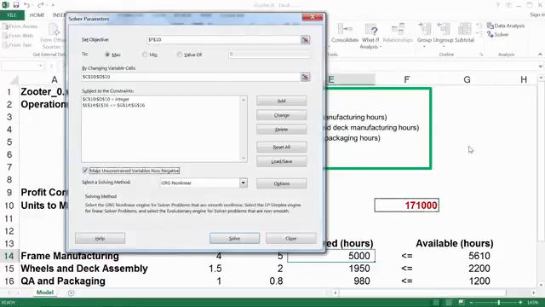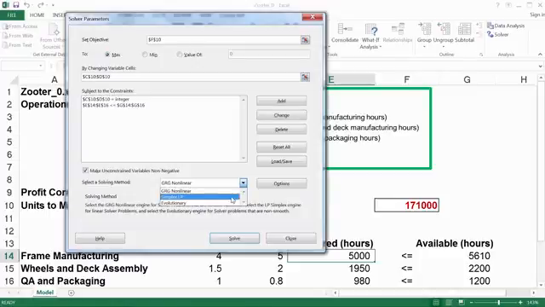Next, we need to select a solving method. Solver offers several choices here, with the default being GRG Nonlinear. One of the choices is LP Simplex. This is a solving method that can only be applied to linear models. In other words, the models where the objective function and the constraints are linear functions of decision variables. So if you are sure that your model is built as a linear model, use this option since it solves linear models very efficiently. If your model is not linear, however, and you're trying to use the LP Simplex option,